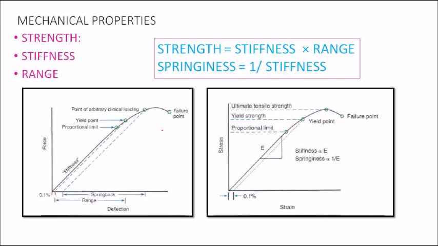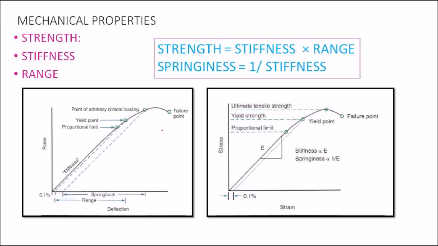Now please look at the graph on the right side. The second graph represents the stress strain graph of an elastic material, which is derived from a force deflection curve. Here also please note that the slope of the stress strain graph gives you the modulus of elasticity. Previously, in the force deflection curve, the slope of the linear portion was giving you the stiffness. Here in a stress strain graph, the slope is giving you the modulus of elasticity. So the stiffness is directly proportional to your modulus of elasticity, because stiffness is also represented by the linear portion of your force deflection curve.